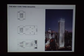Okay, the New York Times building. I see Hussein Ali Khan from the Times is here. Close to, he's the project manager for this building. We're doing this with Renzo Piano, as I'm sure you all know. It's basically Renzo's vision, the whole concept of the veil on the outside,